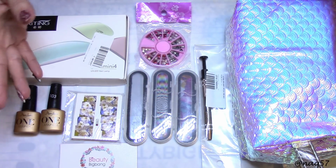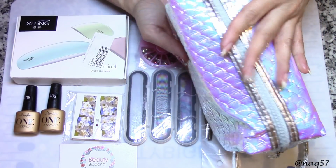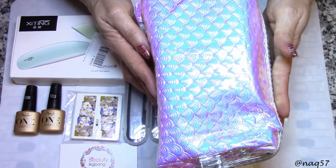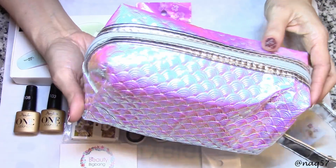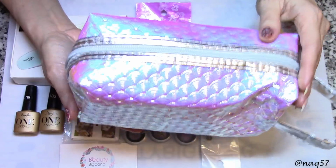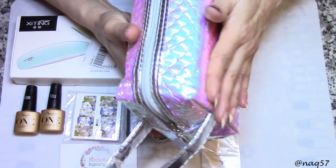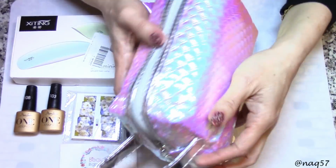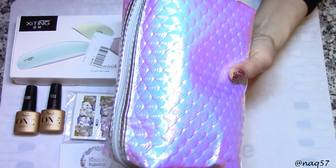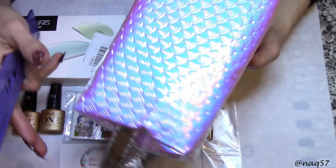So let me go ahead and start out with this beautiful mermaid bag. Check it out. Oh, look at that. This is a travel bag, an overnight bag, a makeup bag, just a general bag, and you may use it as you wish. Let me show you. It is empty right now. I don't have anything in it, but as far as the dimensions for this bag,